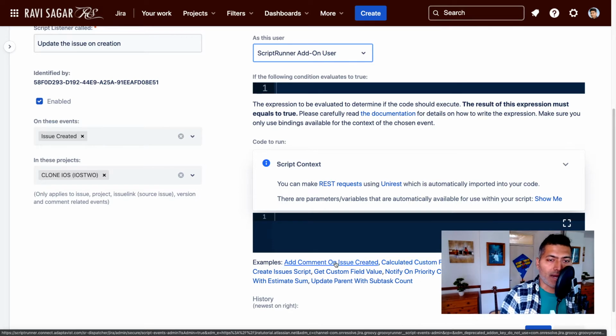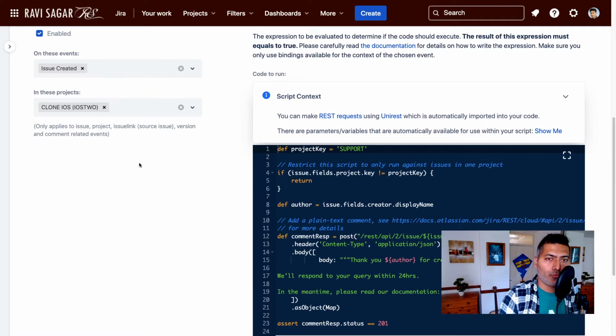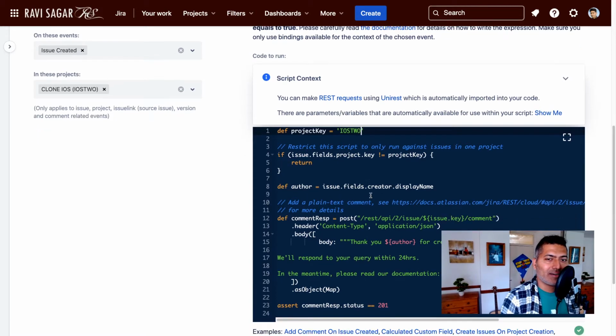Let us say you want to just add a comment. So let us take a look at the first example. Now, we have specified here that we want this listener to run only on the clone iOS project. But you can also configure these things in your script. So we are making sure that the listener is not listening for all the new issues that are getting created. We just want to limit it to one specific project, and maybe within the project you want to do it for a specific issue type. So we can obviously modify the script further. But what I will do, I will specify the project name here, iOS 2,